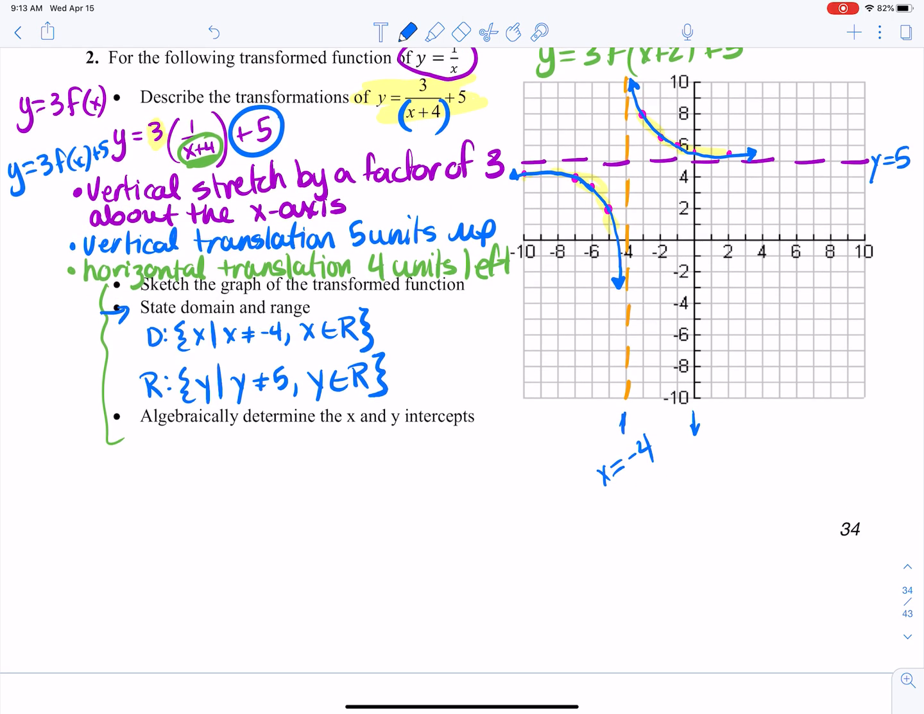All right, next part, algebraically. Be careful with that word, because you have to show me your work. You cannot use your graphing calculator for this. Determine the x and y intercepts. Well, what do I know about the x-intercept? I know that y is equal to 0, and for the y-intercept, on the y-axis, I know x is equal to 0. So what I'm going to do is take the function